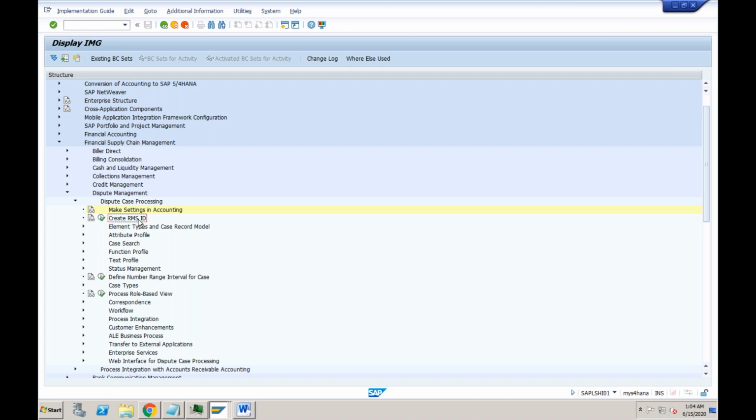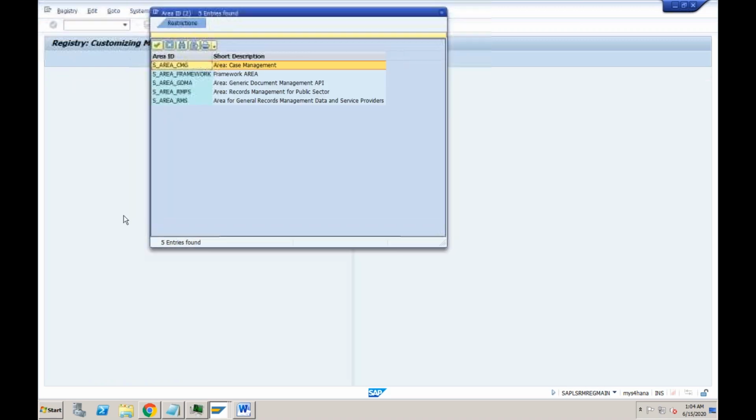Okay, what do you mean by record management system? Whenever we are creating a dispute case, definitely there will be a department which is responsible for these disputes. This department will get different numbers of dispute cases. So if you want to segregate the dispute cases from credit cases, definitely we need to have a separate folder to keep those things, right? So when you say record management system, the one area that we use for credit management, dispute management, everywhere we normally use, even in collections management for promise to pay, we use this case management.